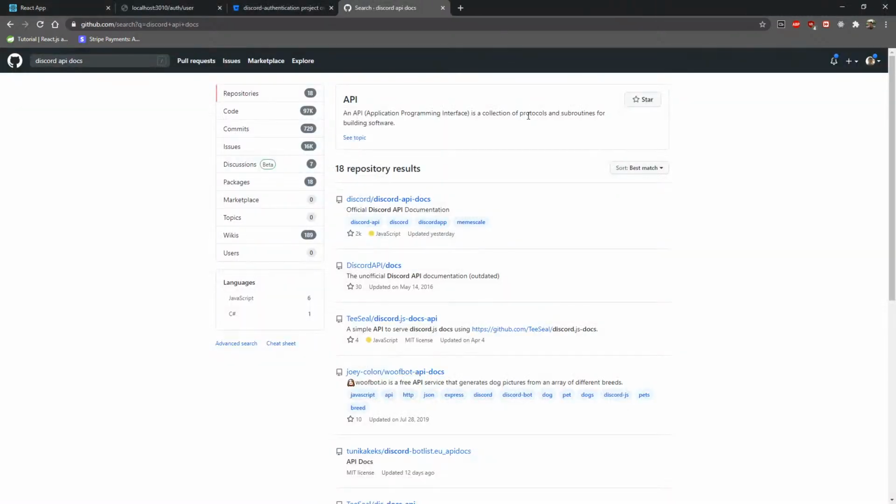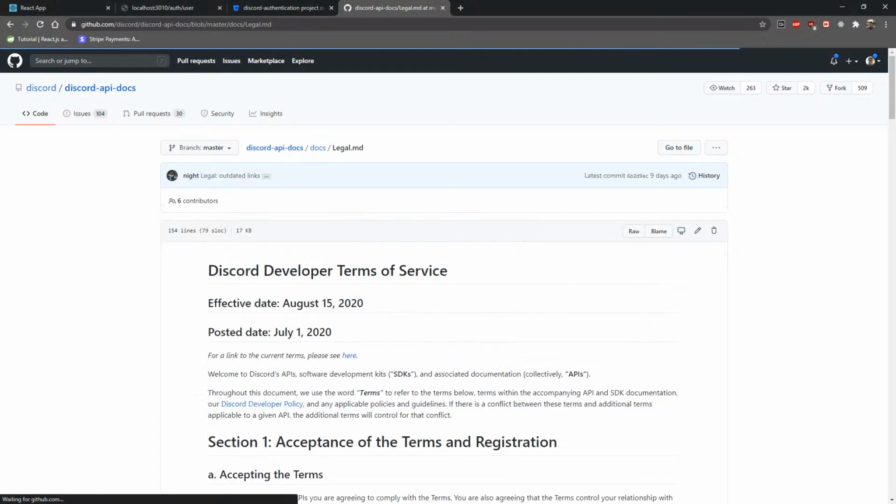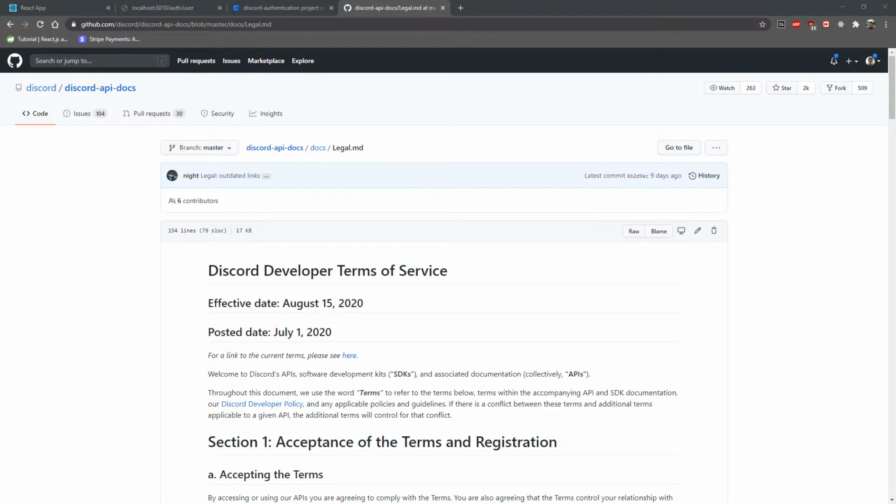Let me show you guys what I'm talking about. Some of you guys may have heard of it. Let me find it real quick. Discord API docs. So this was merged into the master branch 9 days ago, and I